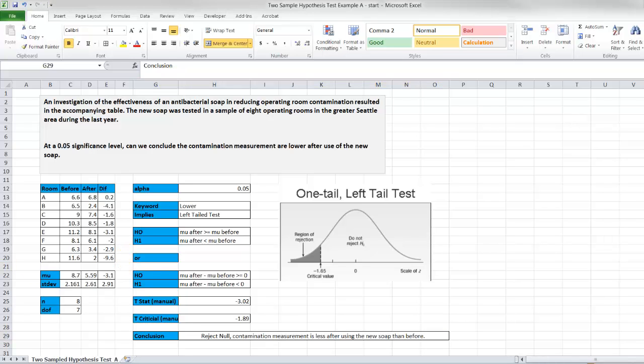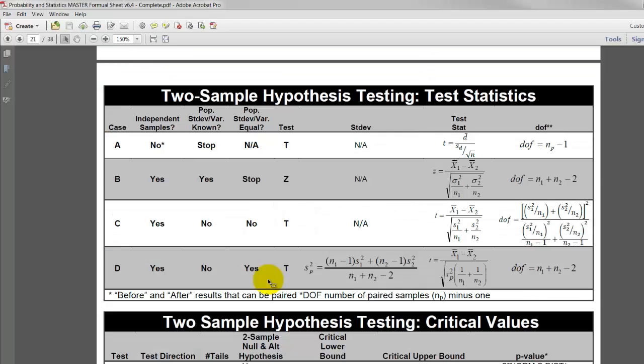Okay, so let's talk about this quote-unquote surprise I have. So we did this a manual approach. I want to go back to this spreadsheet and just show you that calculating the test statistic is not as always easy as what we just completed, nor is the degree of freedom. If we look at case B, case C, and case D, these formulas get a little bit more complex, and quite frankly, they're a little bit of a nightmare to